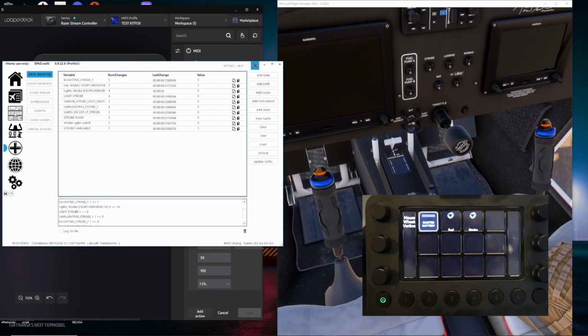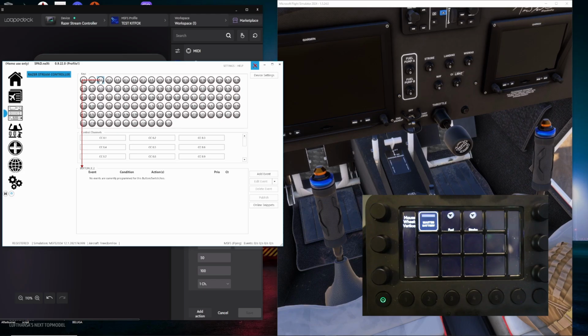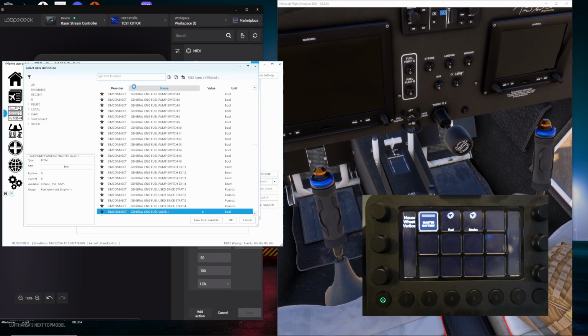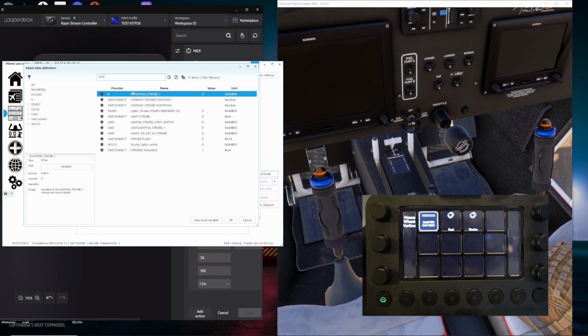So we'll go to panels. We have our button already selected right there. Make sure you always have it selected in this red arrow coming down here so you know you're ready to create a button for it. We'll go to add event, button pressed, add action, change data value, and we're going to type in strobe,